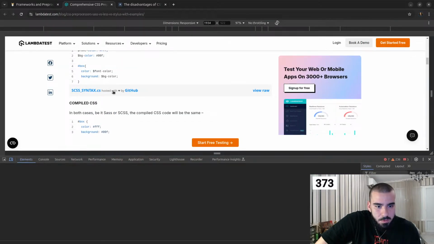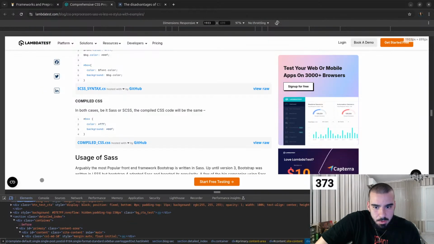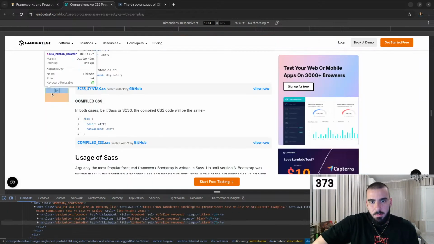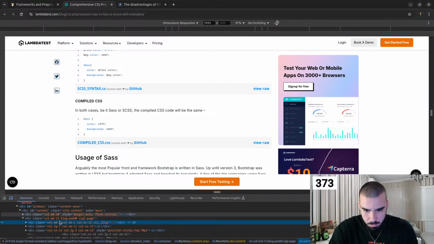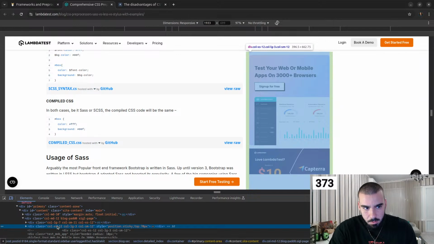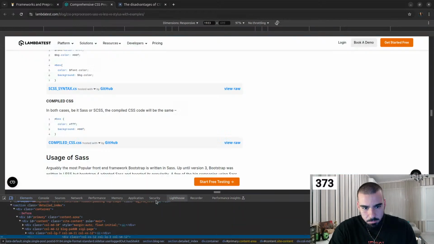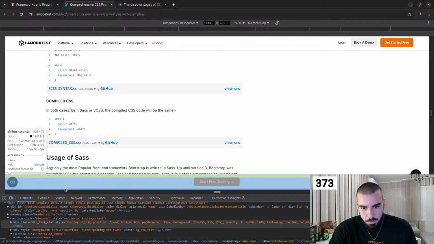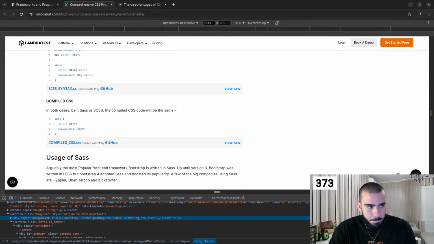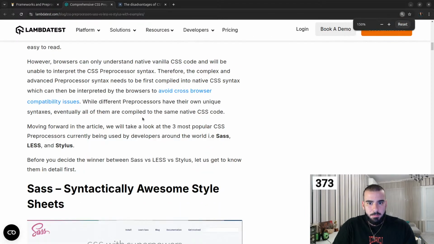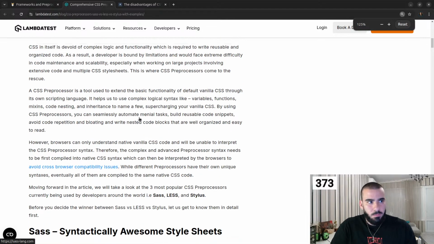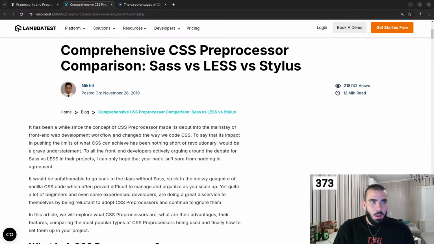and let me remove some of this because it's a bit annoying. This one I don't need. This one as well. The footer here. Okay. This is a little bit better. Alright, so